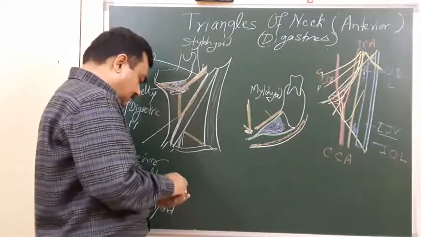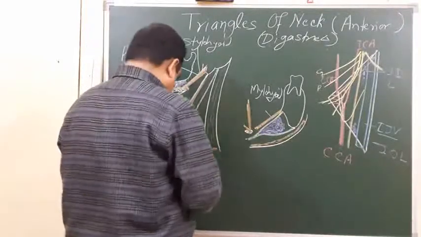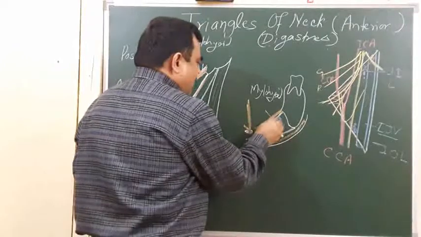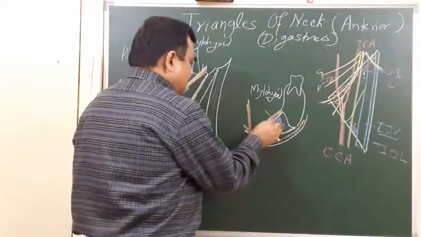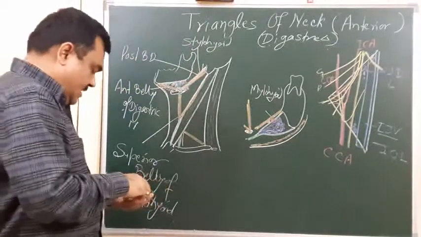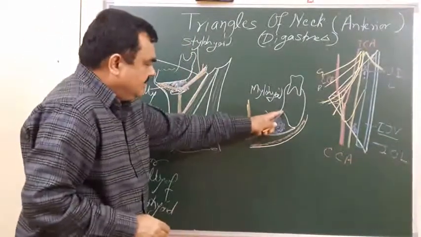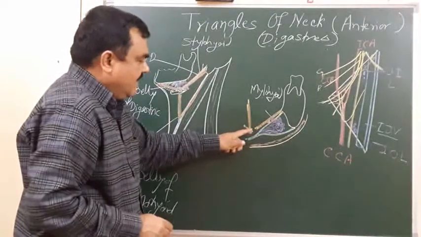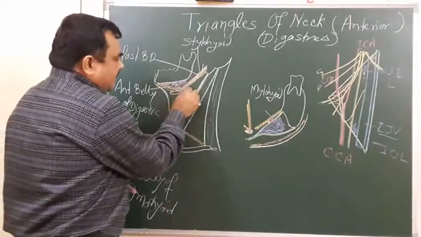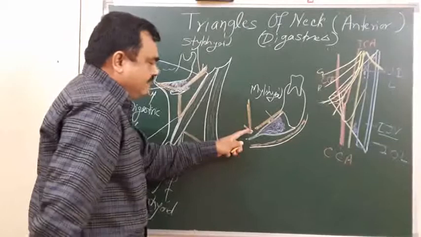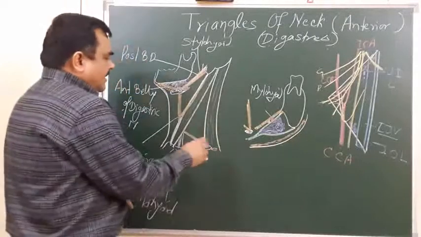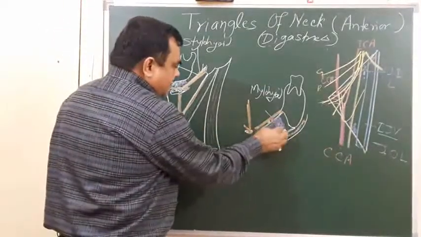Here lies the position of the mylohyoid artery, and this is the mylohyoid nerve to mylohyoid. So the floor is formed by these structures: the mylohyoid muscle, the hyoglossus muscle, and some part here, that is the middle constrictor of the pharynx. These structures form the floor of this triangle, and the content of this triangle is the submandibular salivary gland,